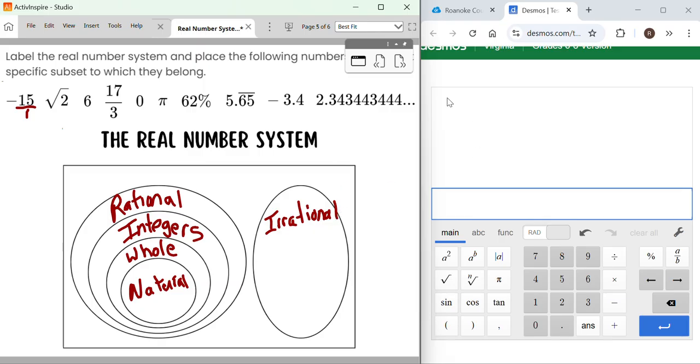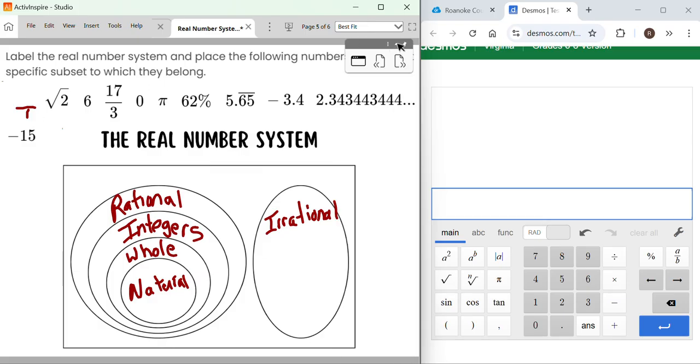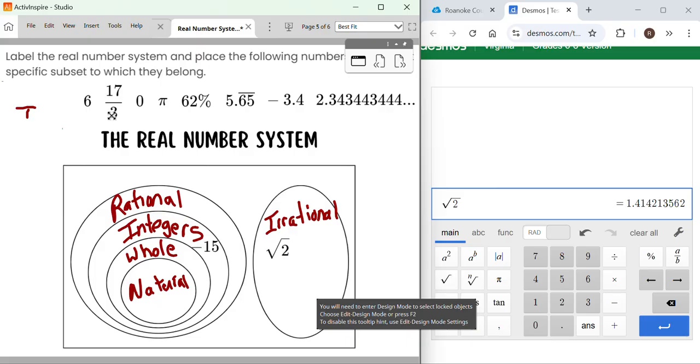All right, so now that I've done that, I'm going to come up here just for fun and see if these drag and drop. Oh, they do. Thank you, Amber Benson, for being wonderful. So this -15 is definitely a real number, definitely rational, and it is definitely an integer. Okay? The square root of 2, let's go ahead and put that in our calculator just for fun. Look at that. What did I tell you about square roots? They are either beautifully neat and go over here, or they're beautifully messy and they are definitely irrational.